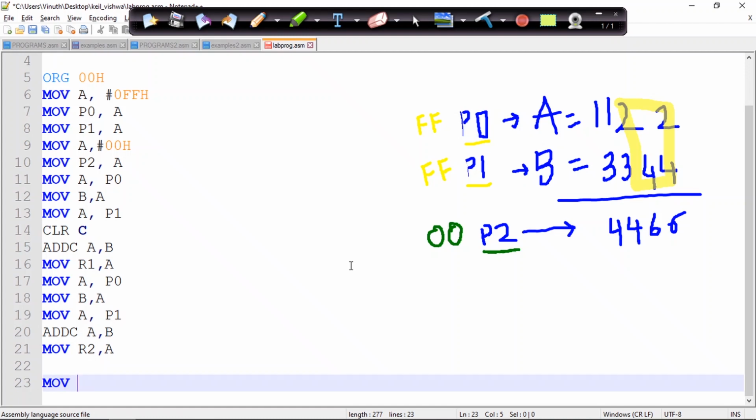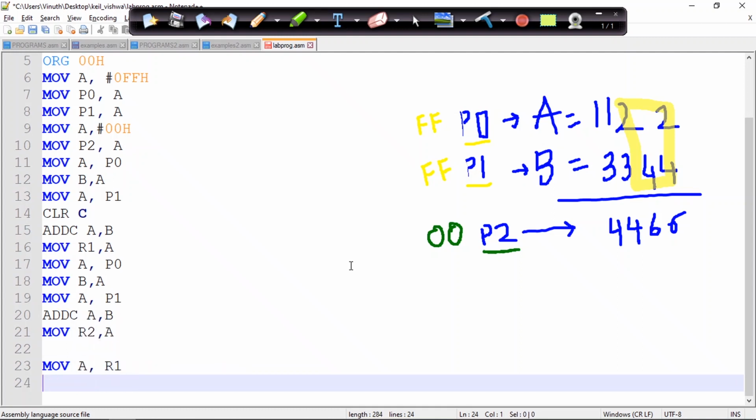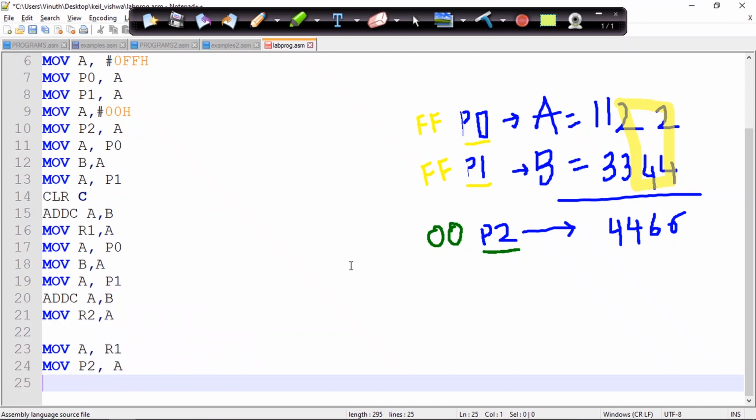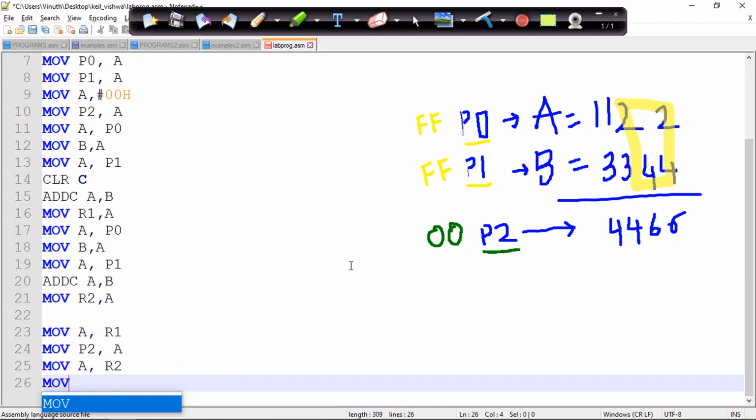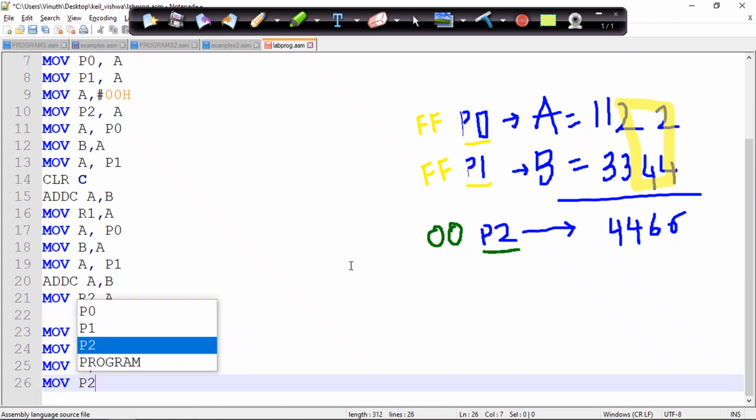So I'll write MOV A, R1, MOV P2, A. Now again I'll fetch the higher nibble data which is present in R2, so MOV A, R2, and then again I'll be sending that to port 2.